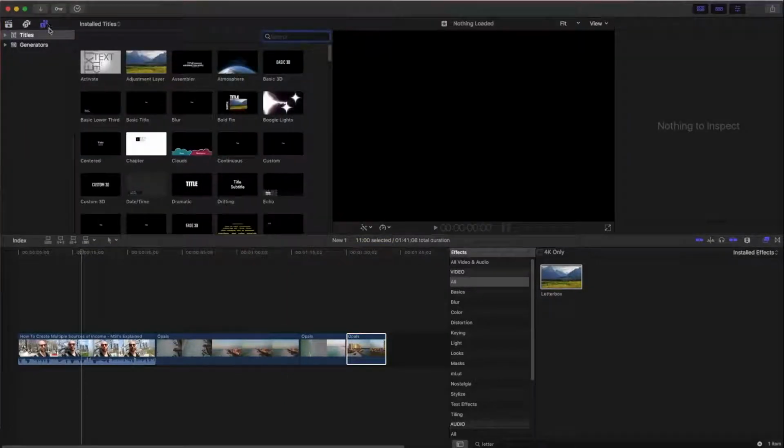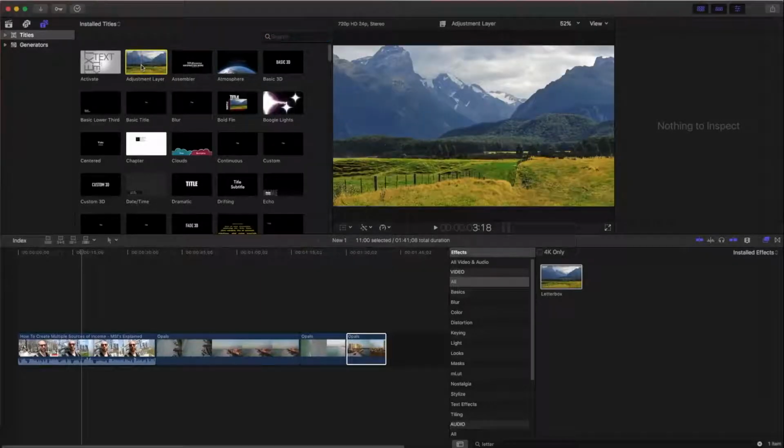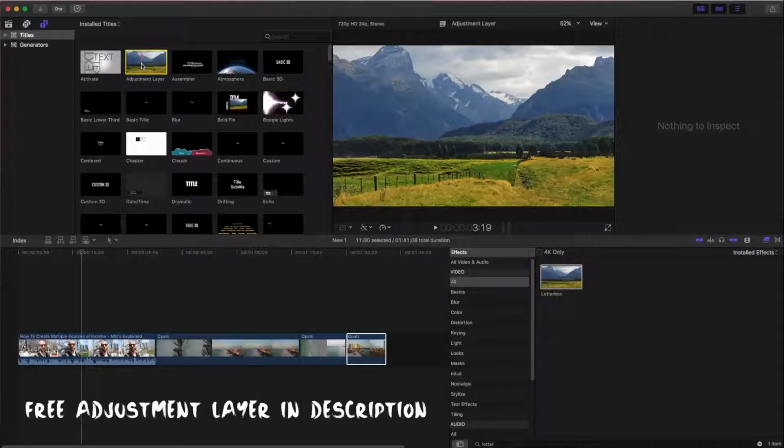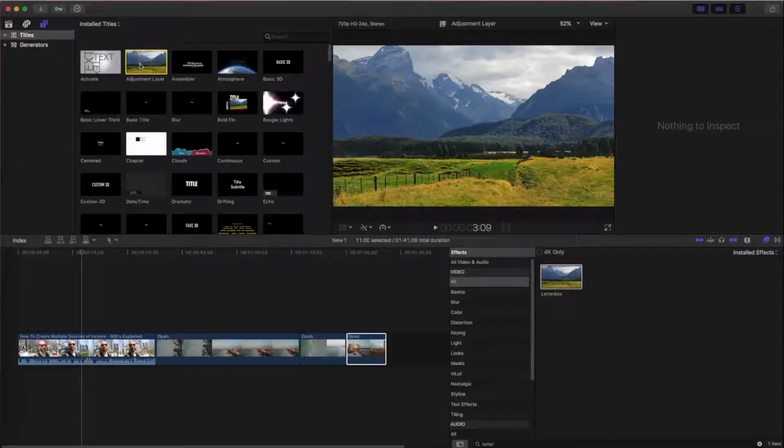So in my titles, I have my adjustment layer. Now you don't have an adjustment layer if you have taken Final Cut Pro out of the box. I'm going to put a link in the description here showing you where I was able to get an adjustment layer and the gentleman who was able to give it to us for free. So there'll be a link in the description, and he has a video that shows you exactly how to download the adjustment layer and how to get it into Final Cut Pro 10. It's really not as difficult as it may seem, but now that I have it uploaded,